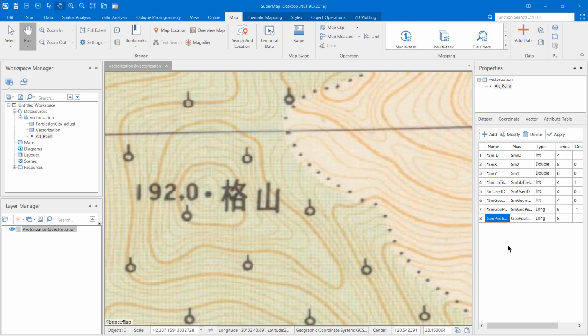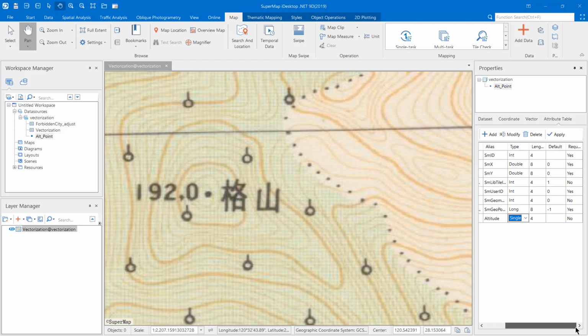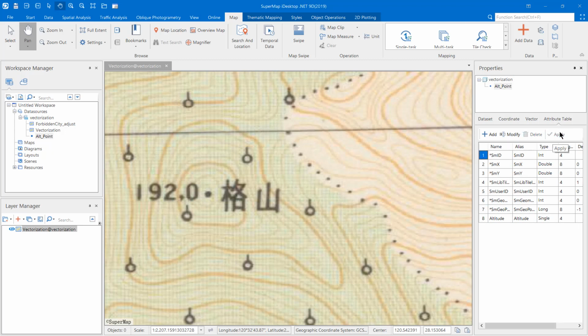Now we're going to say that this is the altitude value, and we're going to change its type to single, and we're going to leave everything else as is, and we're going to say apply. So now the attribute table has been saved. Now we're going to drag and drop this new point data set onto our map here, and we're going to